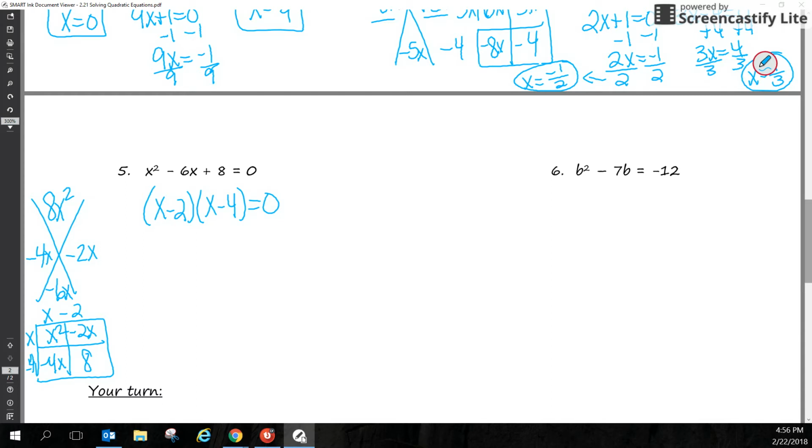Once I factored it, I need to split them both up and set them both equal to 0. And then I'm going to solve those 2 equations. So over here, I'm going to add 2 to both sides, and finding an x is equal to 2,